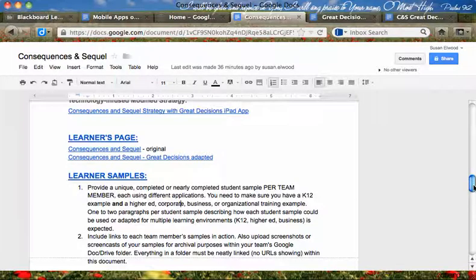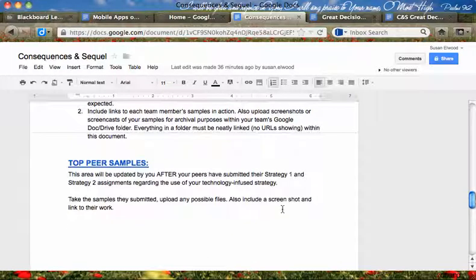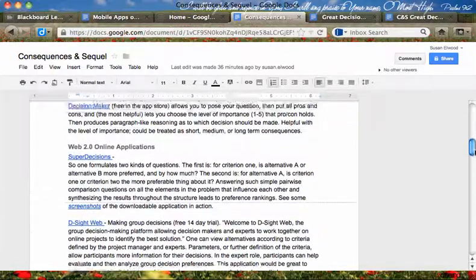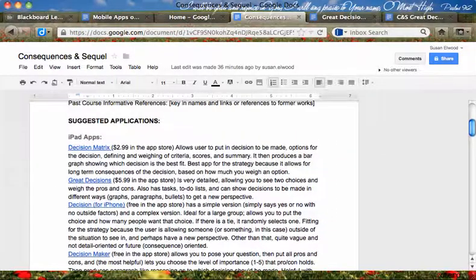And then the top peer samples won't be completed until after, in the course schedule, we meet for strategy 1 and strategy 2 assignments. Then you'll harvest, so to speak, some of your top peer samples that replied to your strategy and whatever samples they came up with. So that's an overview of what we're looking for on that page and with those associated